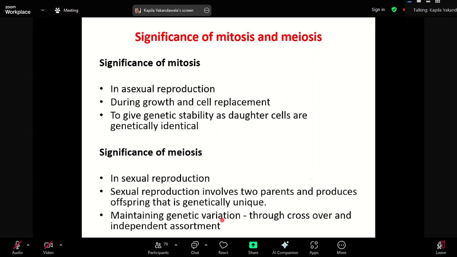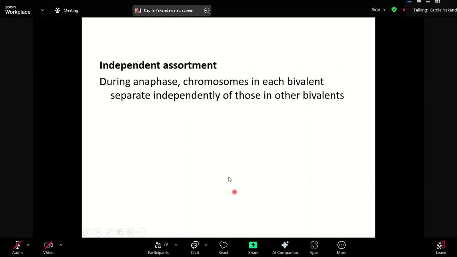So if you want to introduce genetic variation into the population, we have to promote meiosis. So in meiosis, genetic variation is maintained. How? Through crossover and through independent assortment. We discussed crossover. Independent assortment means